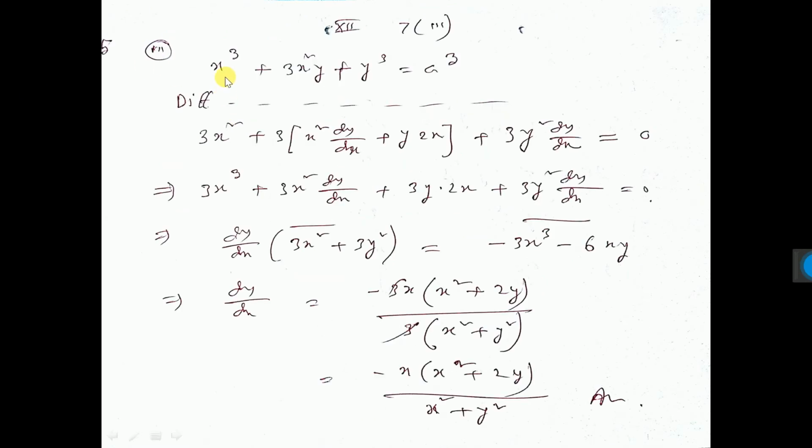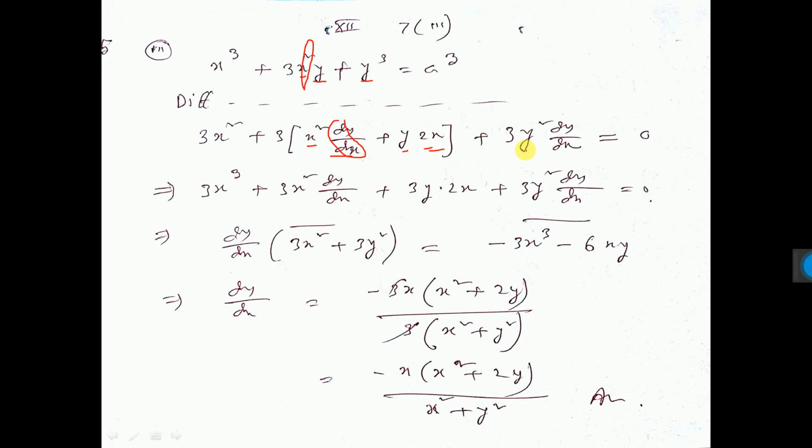Next this one, x cube plus 3x square y plus y cube equal to a cube. Differentiating both sides with respect to x. This line you write. Then this one d/dx of x cube means n into x to the power n minus 1, that is 3 into x to the power 3 minus 1, plus 3 into this one uv formula, u into v differentiation, that is x square is u, y is v. So u d/dx of v, see d/dx of v means dy/dx, plus v d/dx of u. d/dx of u means d/dx of x square, that will be 2x, plus here